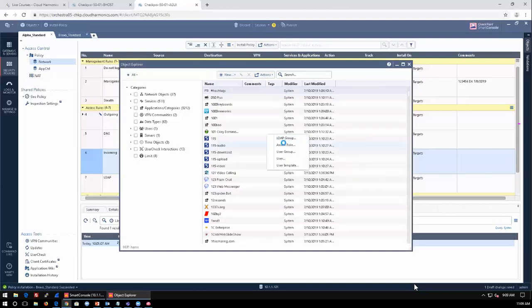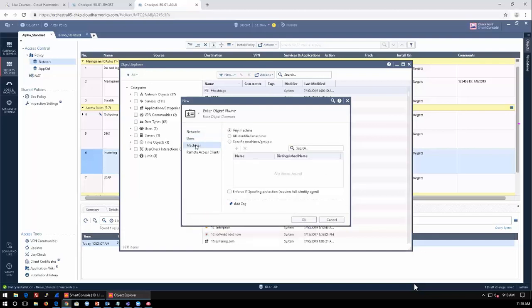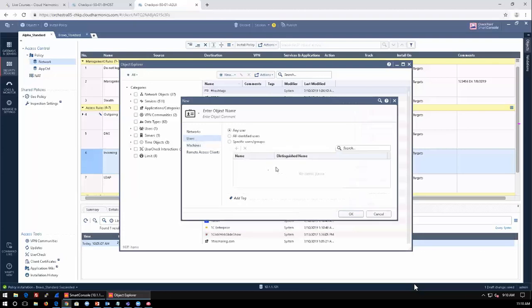Again, the access role, we'll be setting up access roles. You'll go into your application control layer here, and you'll set up an object there. It'll be like for a sales department, something like that. And you'll set it up for the users, and you'll log in as user 1 and you'll get the Captive Portal page. We'll talk about the Captive Portal page to authenticate and different things as we go through the slides. But here, this is where you set up your networks, your users, and your machines into one object. All right. Then down here into the users, it'll go through the branches, and it'll bring up some for